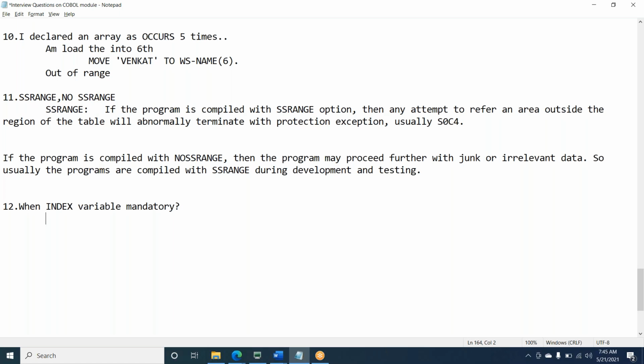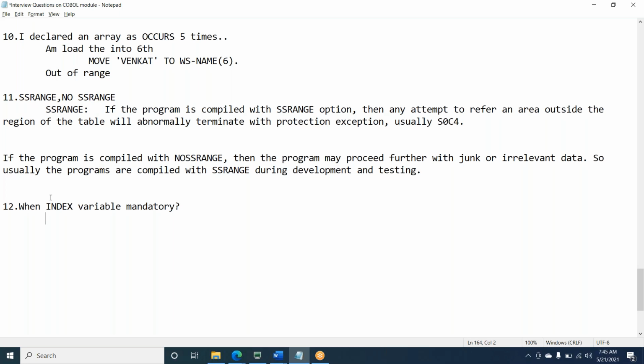No, it is not correct. Without an index also I can access the data from an OCCURS array, right? So I don't need an index itself.